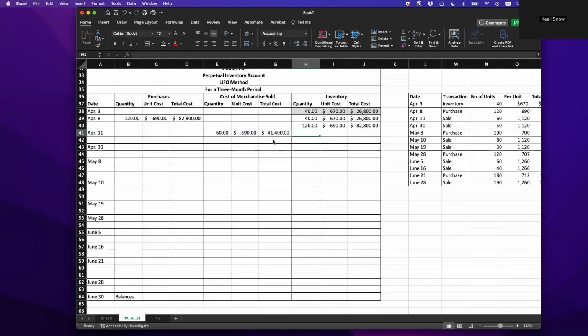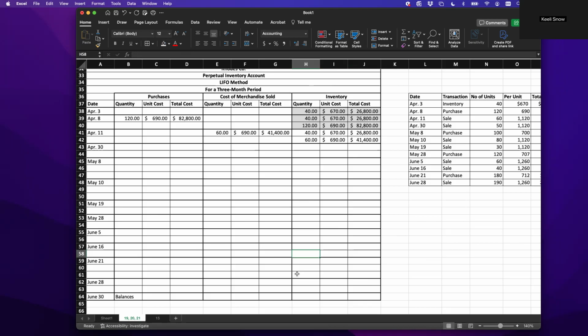We still have some of those though. So we had 120. We sold 60. And then we also still have 40 for 670. Because we didn't do anything with those 40 that cost us